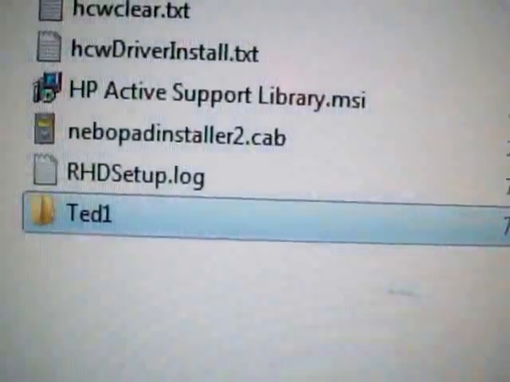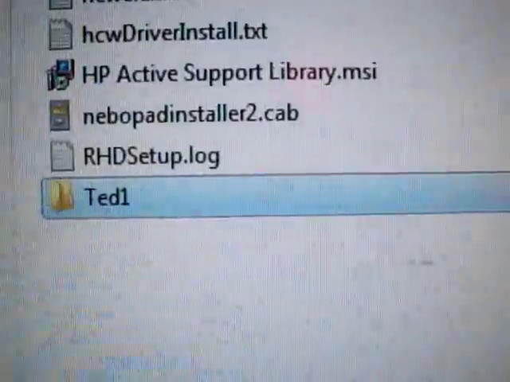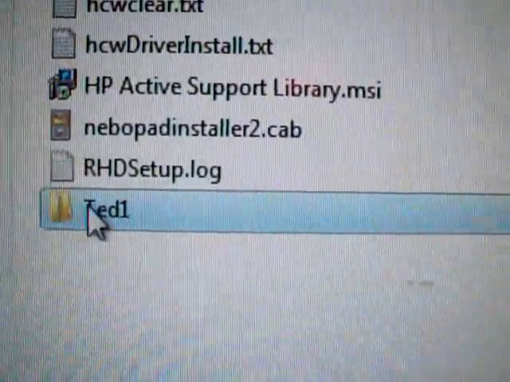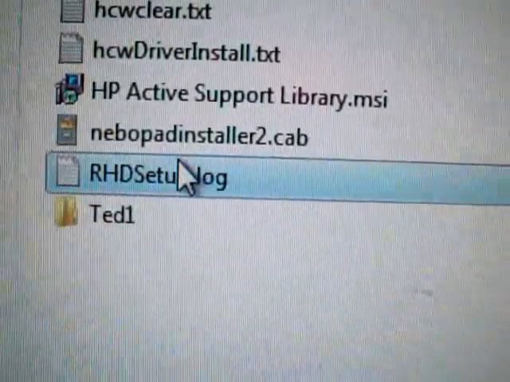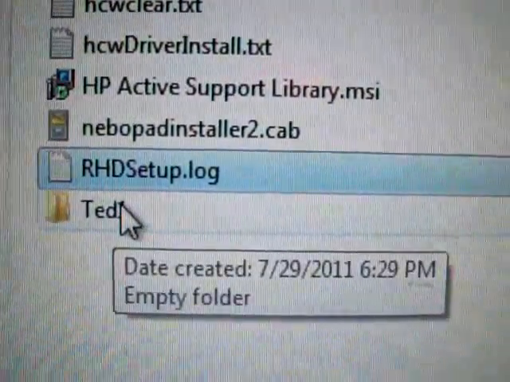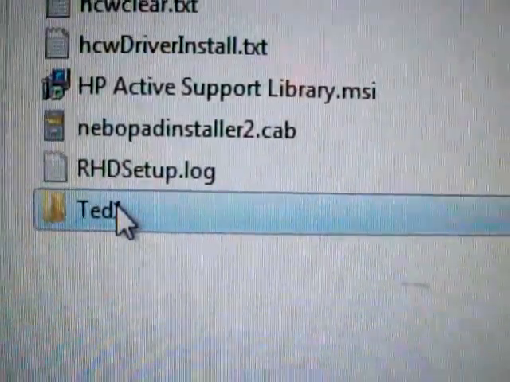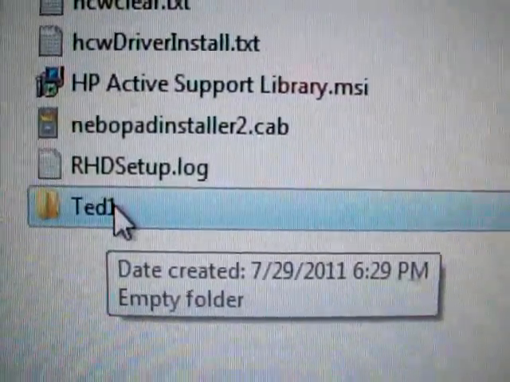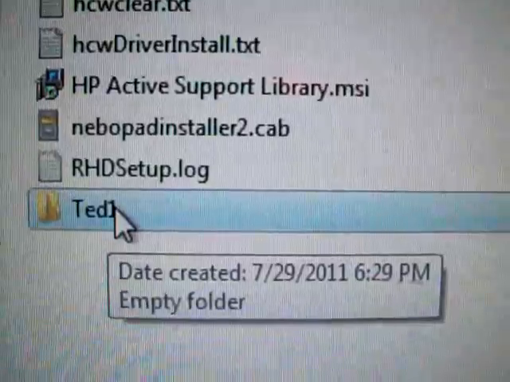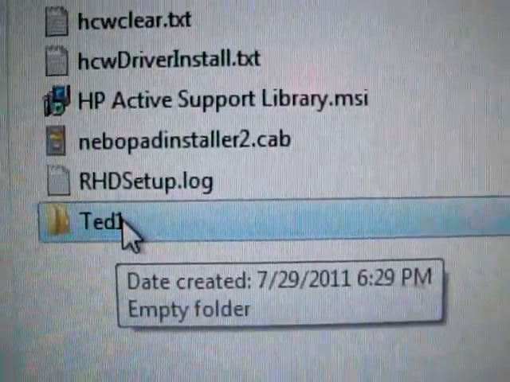Let's say you don't like that name. Okay? Can you change the name of a folder? Yes, you can. You're going to right-click the folder. See how I've got the folder highlighted? See how now you see this? This is highlighted now. Okay, if you want to highlight this, you click it with your left mouse button. To highlight this folder, you're going to click your left mouse button as you hover the mouse over your folder. Okay, and then once it's highlighted, see how it's highlighted in blue? Alright, now you're going to click the right mouse button,